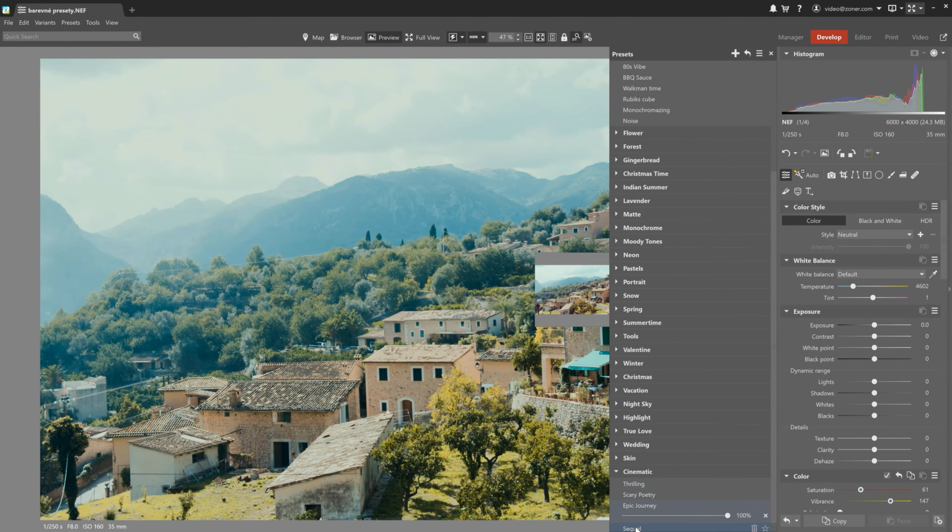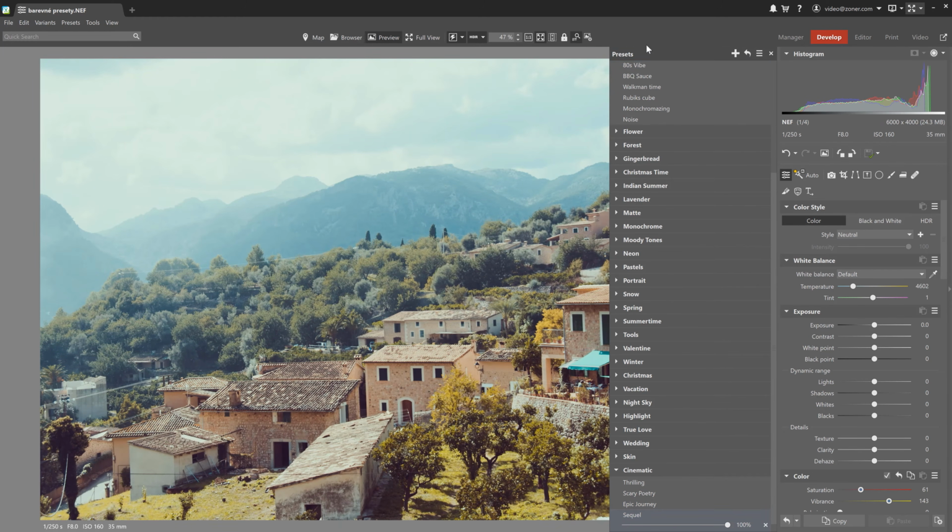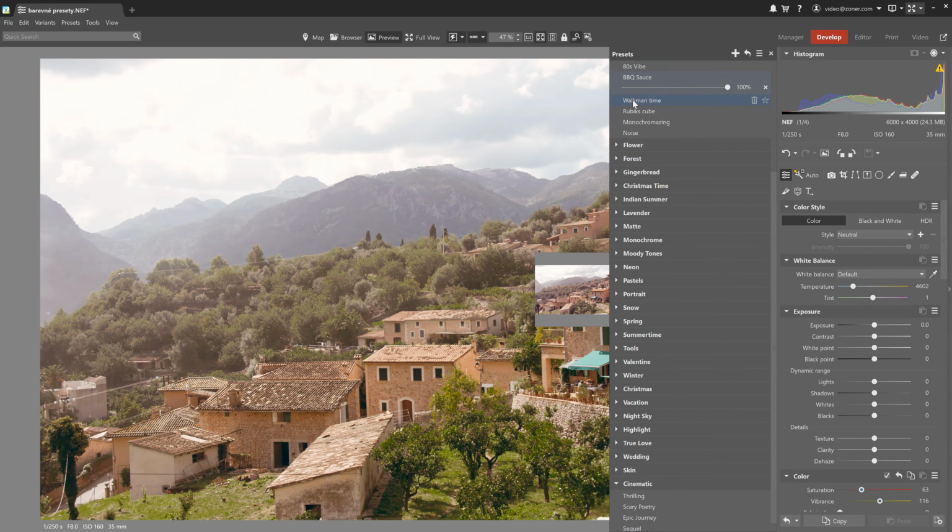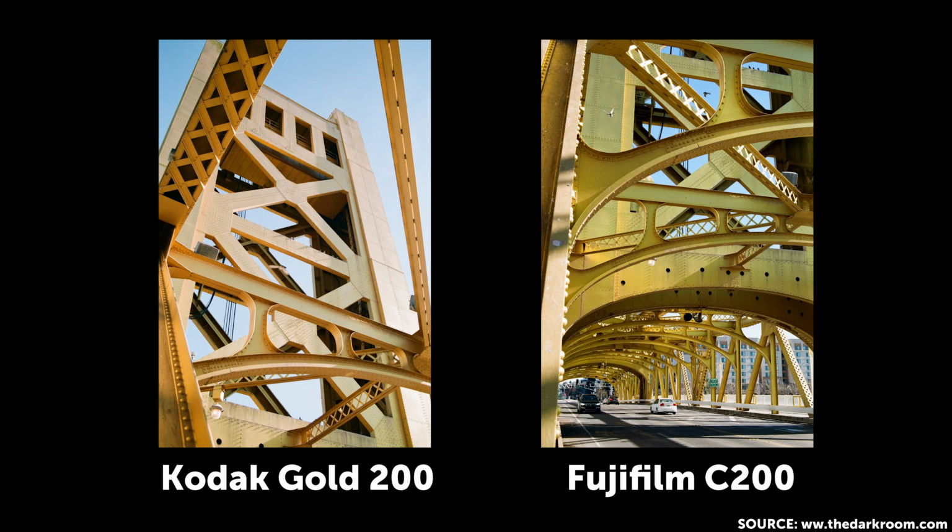So just like with black and white, the fastest way to get a retro style photo is by using ready-made presets. The best presets are in the cinematic or film section, but I'm going to demonstrate how you can edit your own photo and give it a certain color yourself. Now, it all depends on what type of film you want to imitate, because the different brands have different values and the end product is gonna look a little different. Some have slightly more saturated, warmer colors like Kodak Gold Film, and others have more subtle blue and green shades like Fujifilm. If you want to know more about film editing, let us know in the comments below. We might make a video on that, but for now, let's get back to the rest of the video.